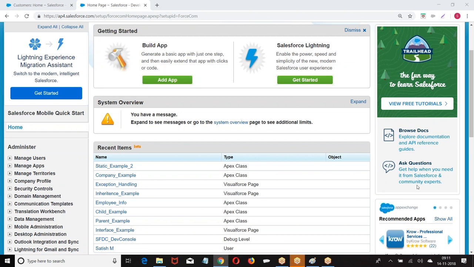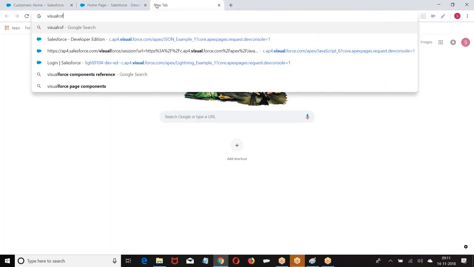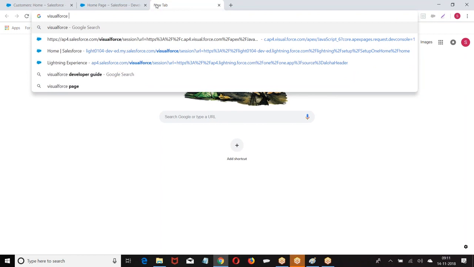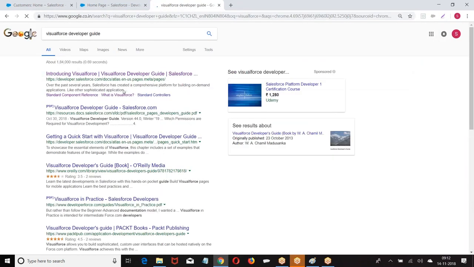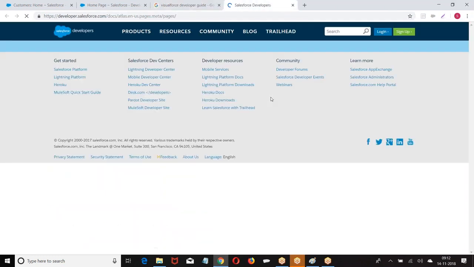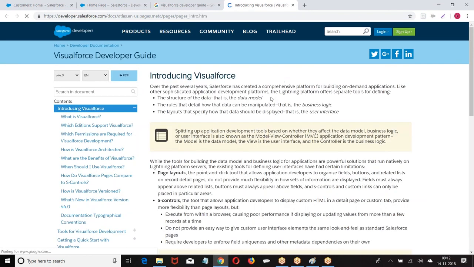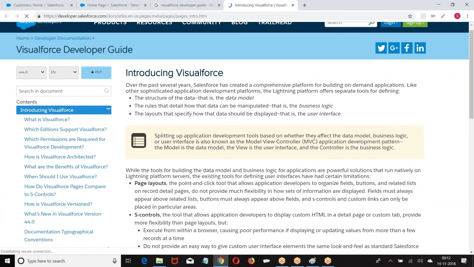Basically, Visualforce is a framework which is designed to build rich UI or applications on the native platform.